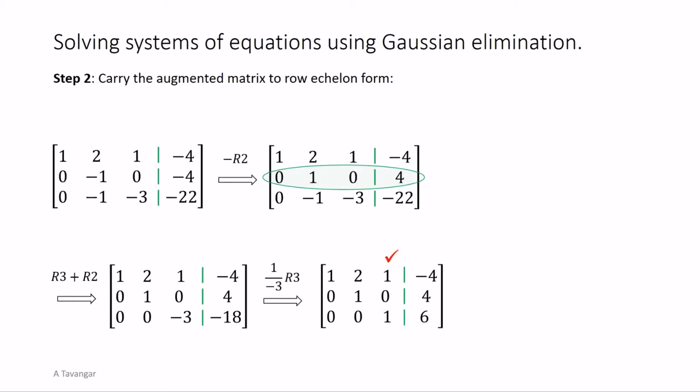Note that the resulting matrix has a staircase form, meaning that the leading entries of all three rows are 1, and they proceed down and to the right through the matrix. Also, all entries below and to the left of leading ones are 0. The matrix in such a form is called row echelon form.